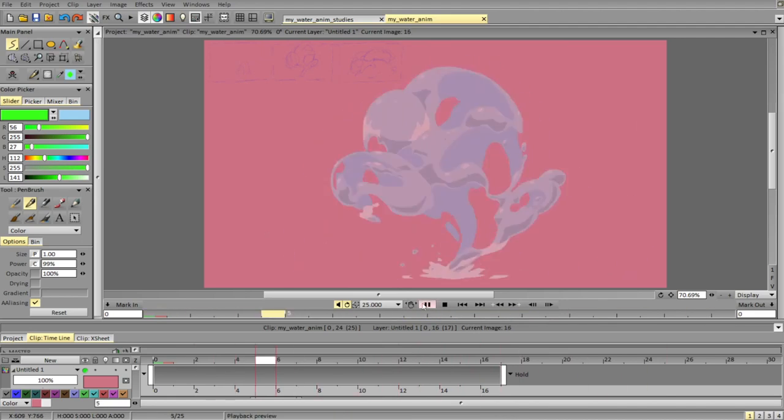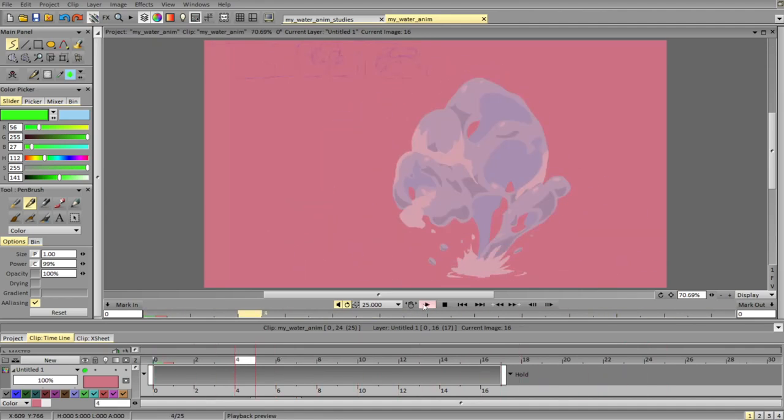Aside from that, it's looking pretty good. So hope that helps even a tiny bit. Wish you good luck with your animations. Don't forget to simplify some of the stuff.